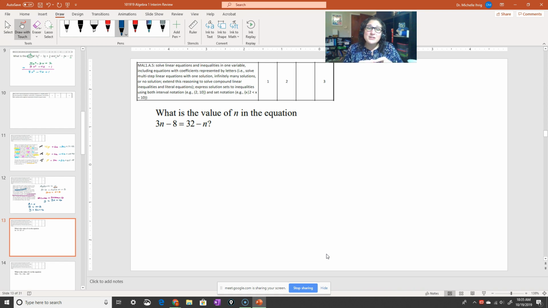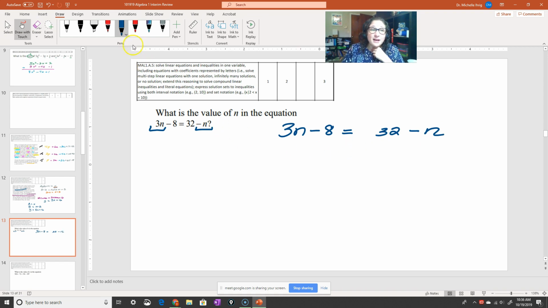In this case, I'm trying to solve for n. So when I'm trying to solve for n, it's like n is the superstar and nothing else matters. So when I look here, I see that I have 3n on this side and I have a negative n on this side. Anytime I solve these equations, I always like to move my n's to one side, and I always move my n's to the side that has the bigger amount of n's. So here I have 3 n's, and here I have a negative n. So I have to move it over to the side that has the 3. So I'm going to write this a little bit bigger because I write messy when I'm using my drawing pad.